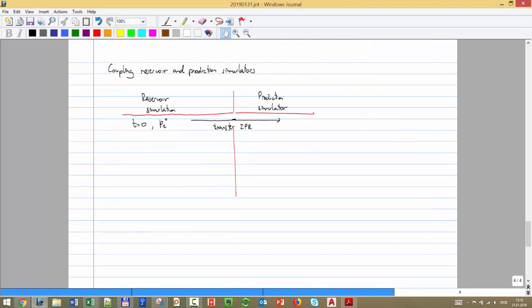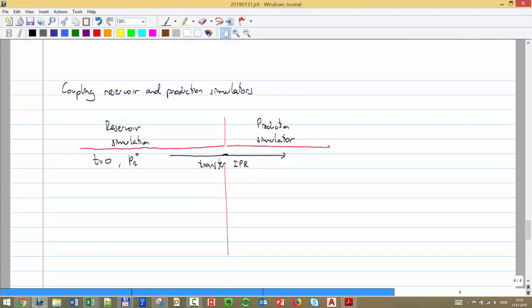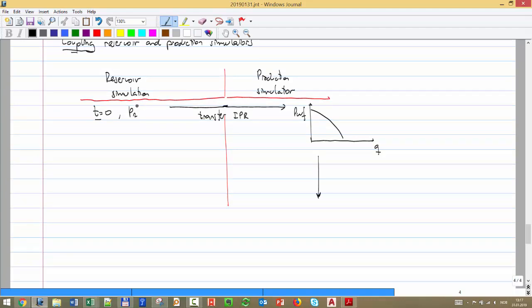So we try to address that issue with what is called coupling, trying to couple reservoir and production simulators. And this is the process that you are going to have to make in exercise set 2. So in the reservoir simulator, at time 0, P reservoir 0, I transfer the IPR. IPR, remember, is a curve that tells me rate versus PWF. It can be a straight line, it can be curved. I transfer it. In the production simulator, I have my network model